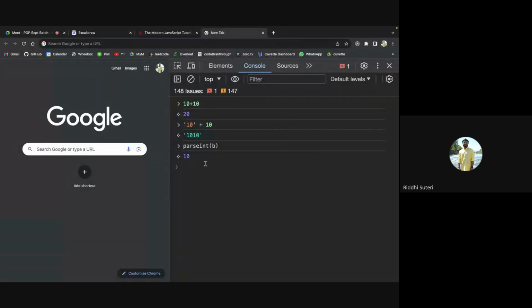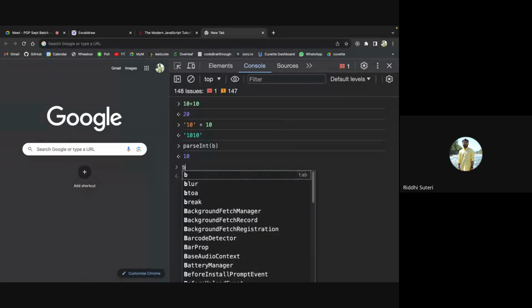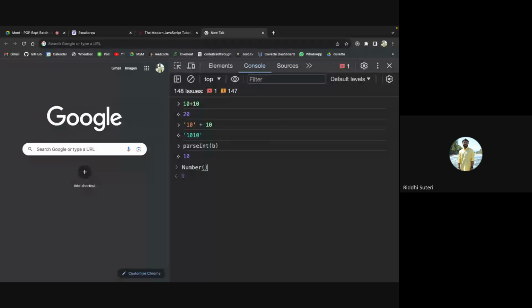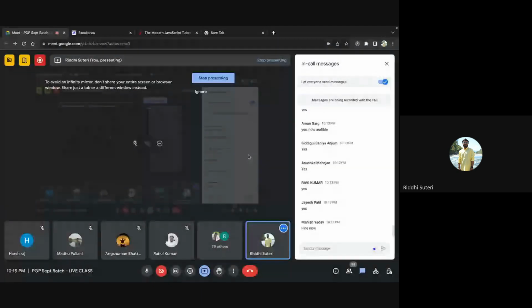You can see that b originally is a string, but by passing it to the function parseInt, it has become a number. Or you can simply say Number(b), and b, which was initially a string, has become a number now. This is a type conversion.